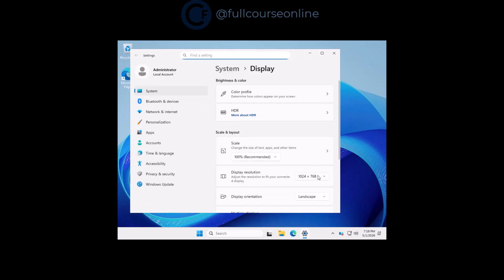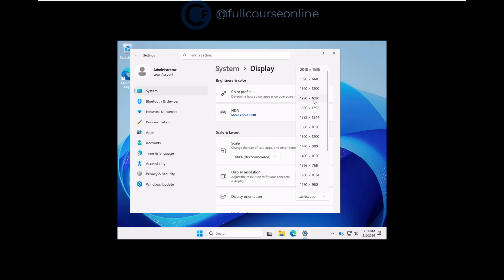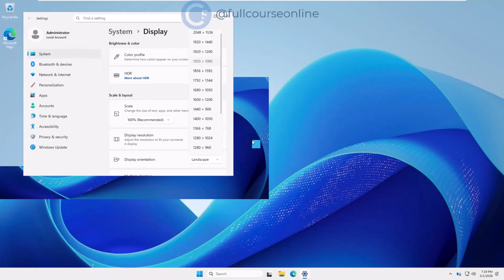In upcoming videos, we will cover complete Windows Server 2025 configuration tutorials, including initial server setup, networking, user management, and